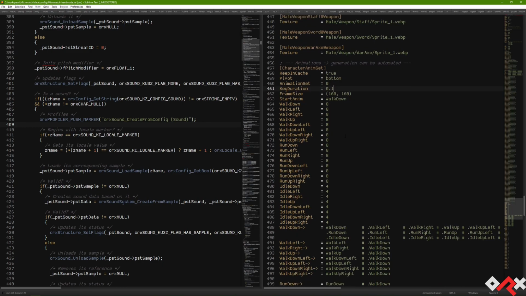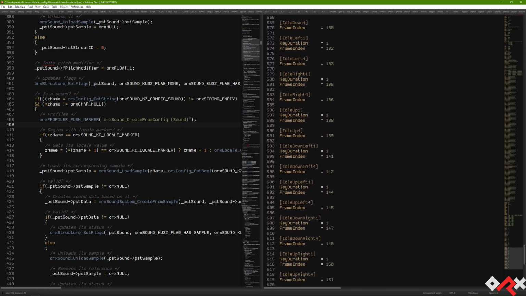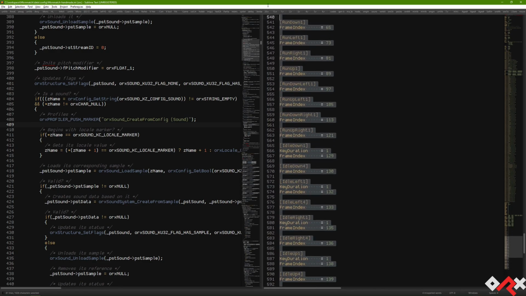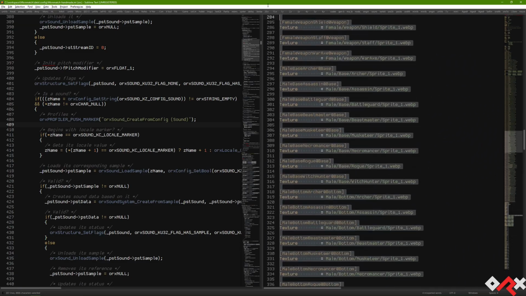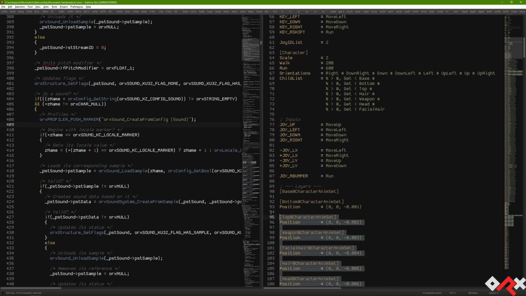On top of this object, we have to define the animations. We have to define the walk animation in all directions, the run animation in all directions, the idle animation in all directions, the link between the animation, and the frame for each animation as well. And that's a lot of manual content. You can see that we have 620 lines just for handling 3 animations with all the character variations. And all this part here until